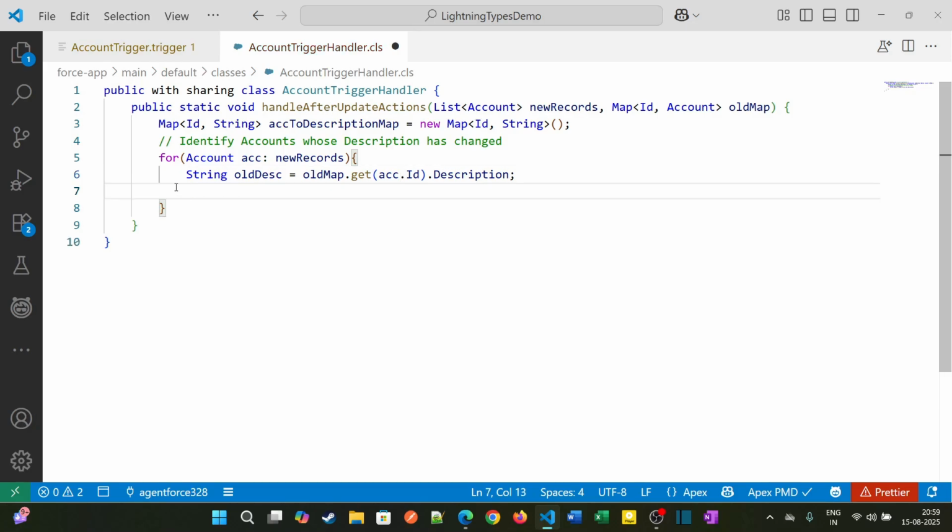So this is how we can access the old, previous description of the accounts. Now we will compare whether the updated description is not the same as the previous one, and only then do we store that account information into this map, right? So if